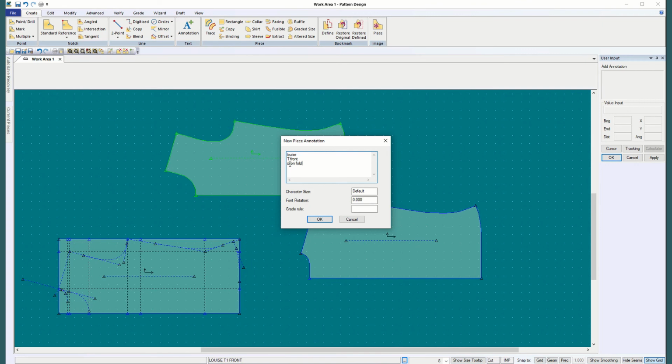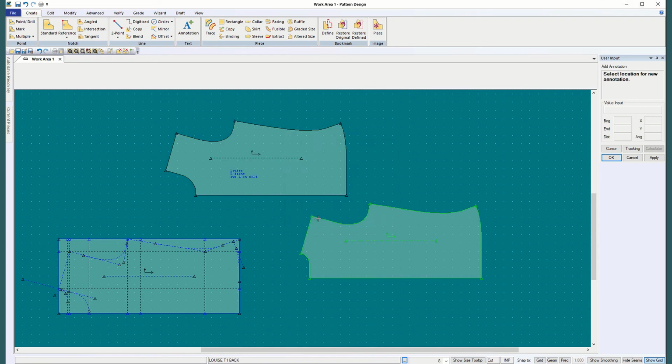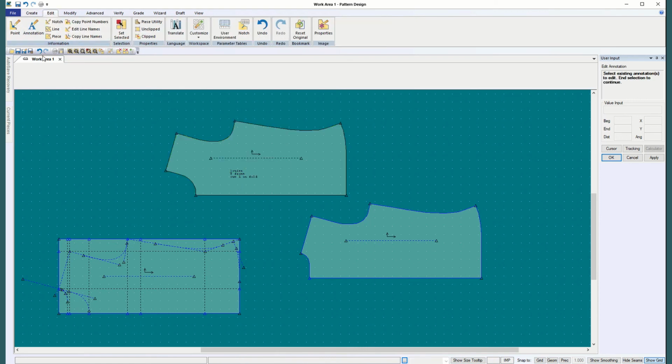Well, that's not how you spell cut. Cut one. .25 is your text size. And there it is. So I'm going to go up to Edit now, Annotation,